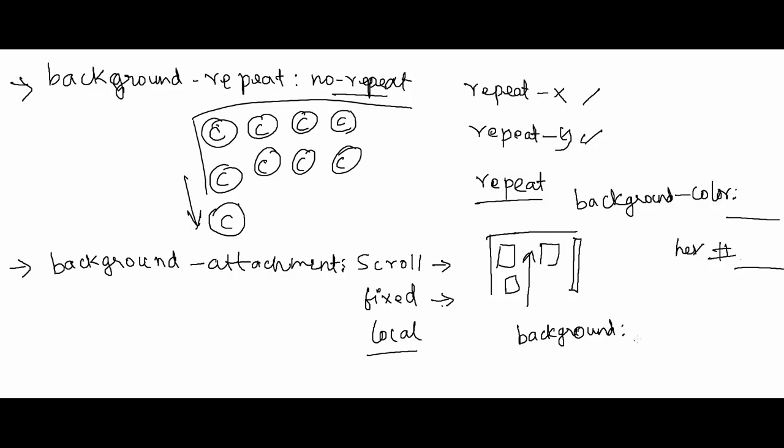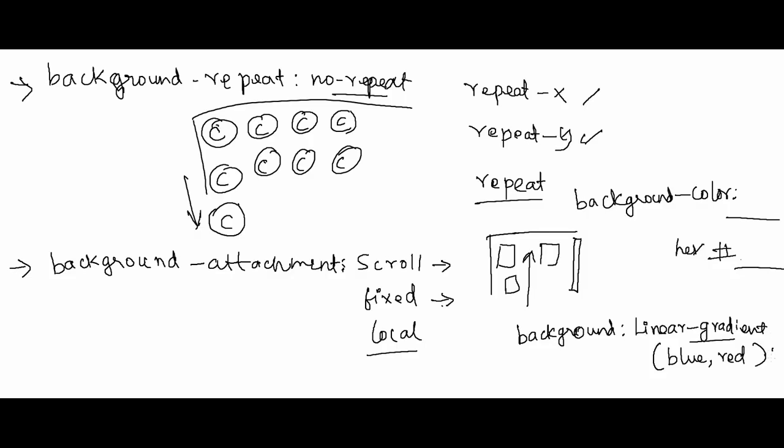After using background, you just give linear-gradient. We have several options like radial, but I'm just using linear-gradient. Here I can give linear-gradient in brackets, and I can go with 2 colors. I am just giving blue, comma, red. If I give it like this, the gradient will be applied.